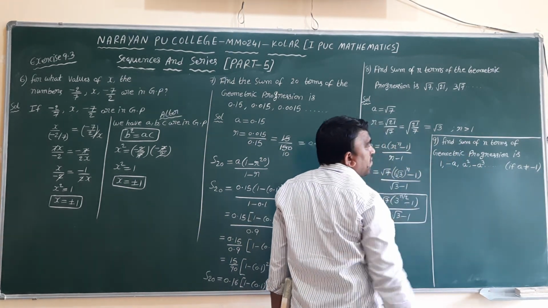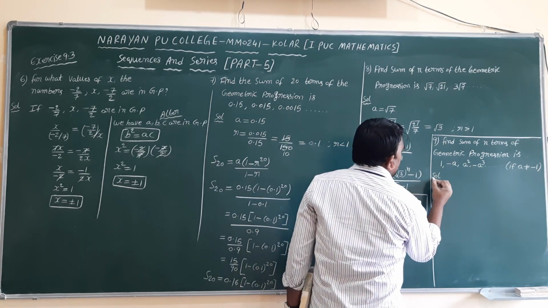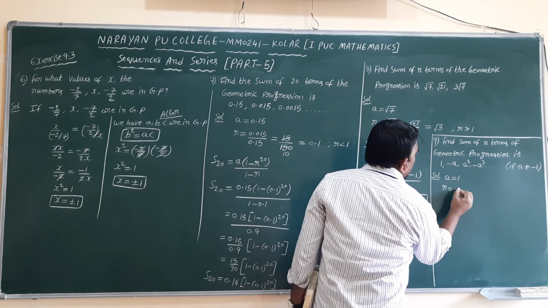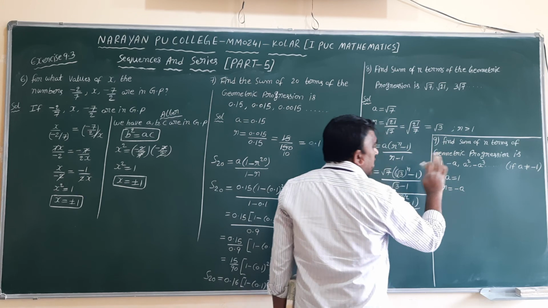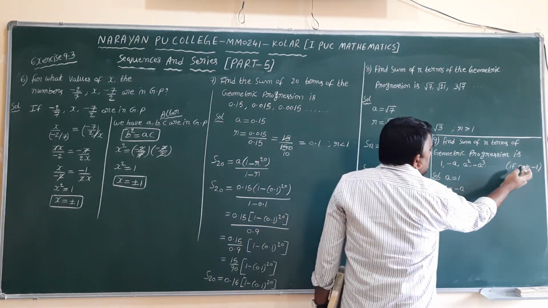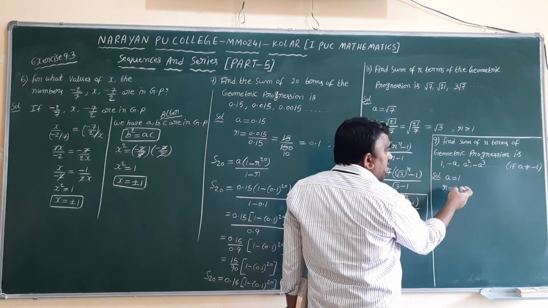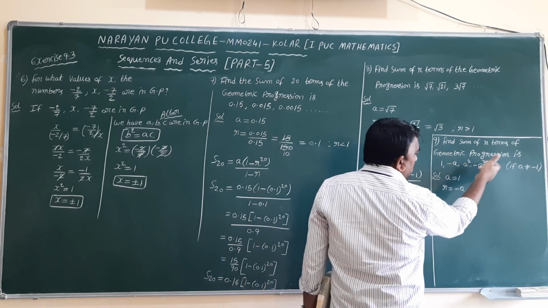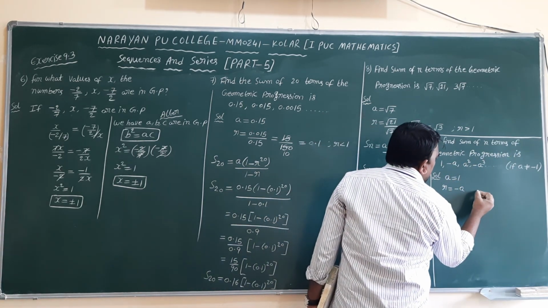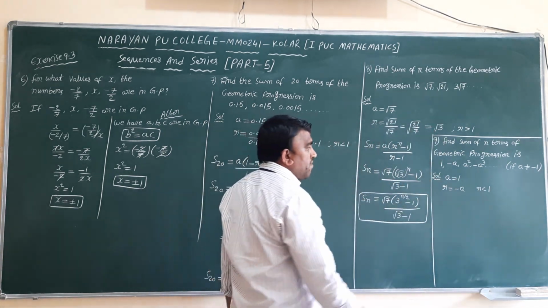Next question, find sum of n terms of the GP. Here first term a value is 1, common ratio is minus a. This a is not the first term, that is the term only. But here a is not equal to minus 1. Why? Because if a is minus 1, r value will get 1 1 1 1 1 1 everything. No meaning of that. R minus in the sense, ratio is less than 1, so that formula we need to apply.